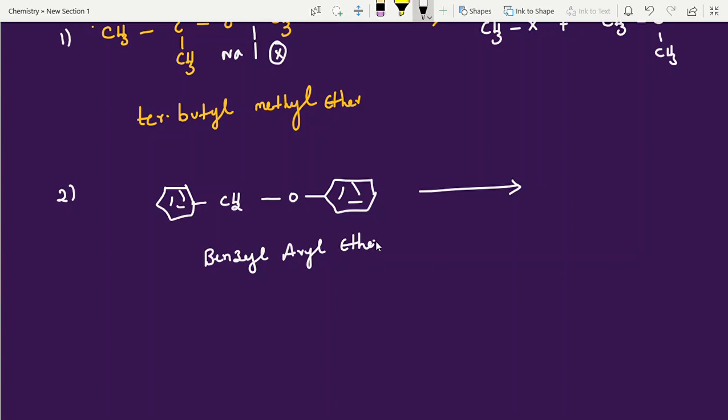Or else phenyl ether. So which is the favorable one? Starting, I have written. The favorable one is benzyl halide, with X here and ONa. So write CH2X. What is this X? Anything: chlorine, bromine, iodine, like this. This is ONa. It's the favorable one. Case one: if you are strong, you can easily make this type of question.